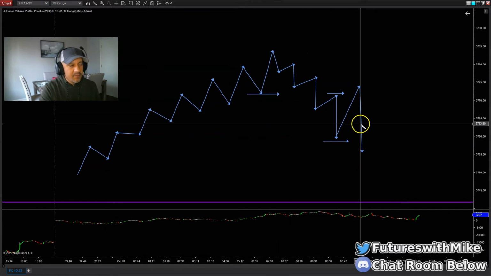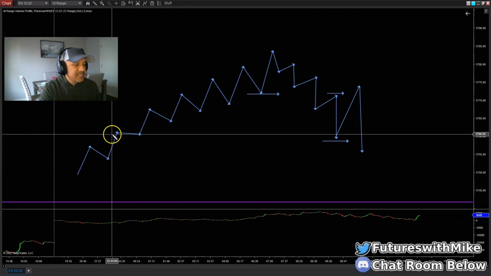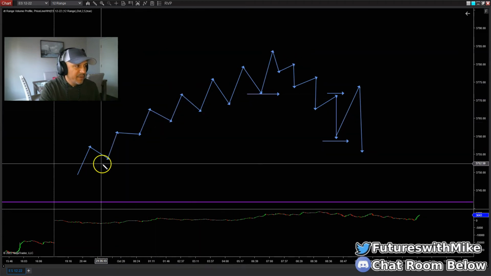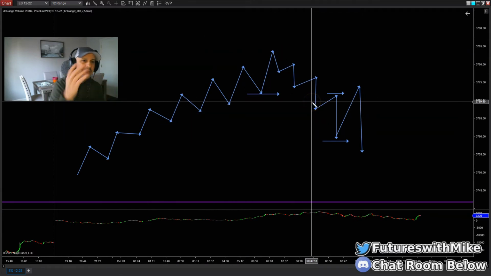So this is market structure, but in sum, it's actually the price action, or price movement, that creates the market structure, the structure in the market. And that's why I say you have to be able to read market structure. Market structure is like the development of price. It's like the building block, the foundation of price. Imagine building a house. It is the structure at hand that you can actually see being built. All right, and being able to follow what's going on as price is building that structure.